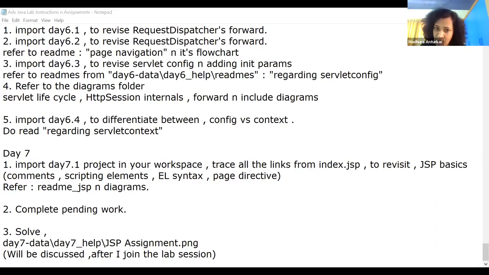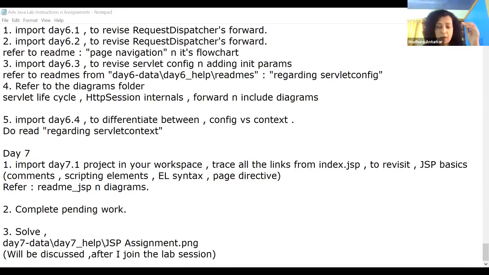What is the use case of context? Suppose you want to add global parameters. When I say parameter, it is string comma string, a string name and string value, read only. So you have seen context parameters. Or if you want to add context scope attributes, like a loan scheme, advertisements. If you want to keep the advertisements common between the clients, what is the point in making multiple copies of that advertisement, discount scheme, or promotions, or sale and offers? So you want to make one copy.